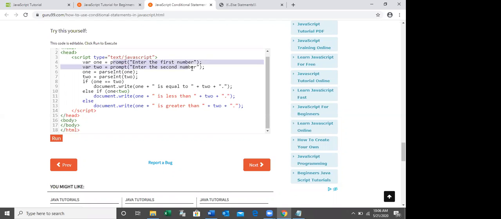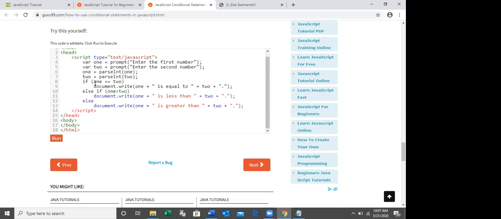So when you enter the first number and the second number, the output will be text, not integer numbers, right? Then we are going to do the calculation. That's why we have to convert these two variables to integer. So we have to use what? parseInt, and then convert the one to integer, then assign it again to this variable. Now this one and two are integer variables. Initially one and two are string variables. Then after converting, one and two are integer variables, right?